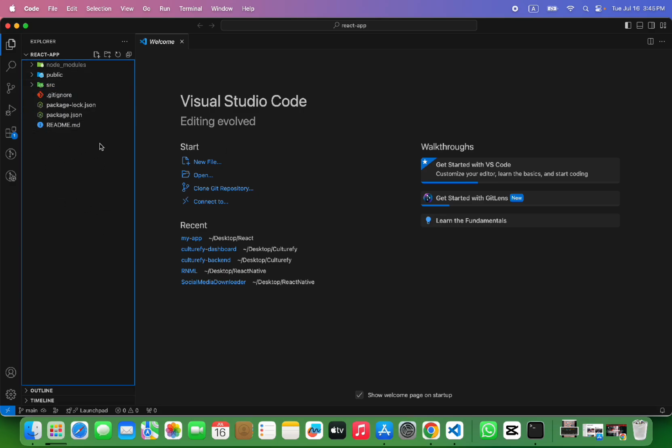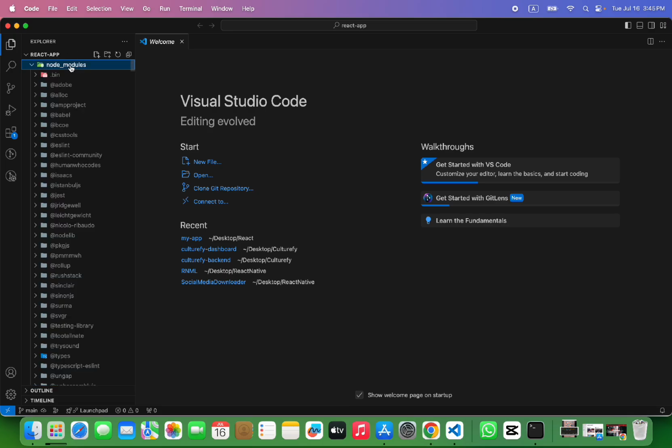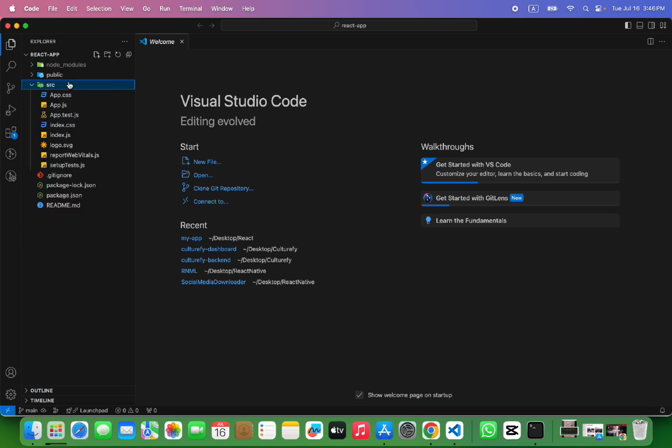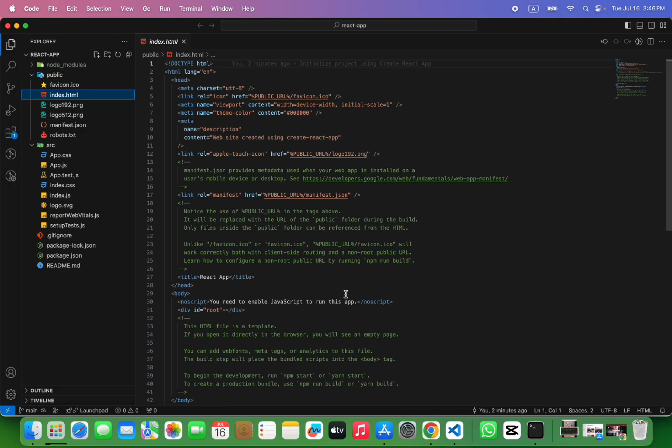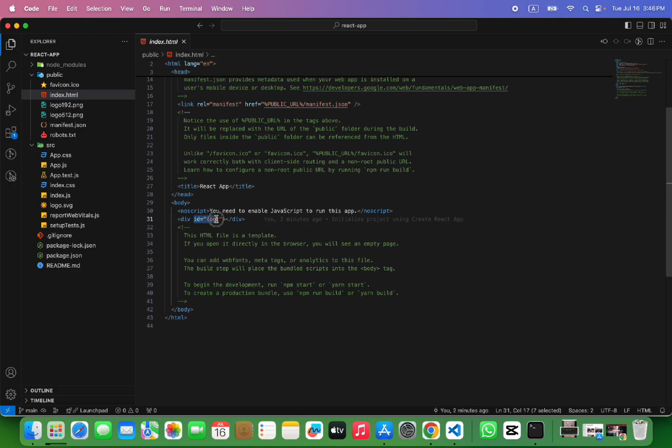So guys, you can see here this is the folder structure of a React app. In the first folder, node_modules, are all the dependencies which we need to run a React app. In the public folder we have index.html, where our whole app is linked by using this id root.